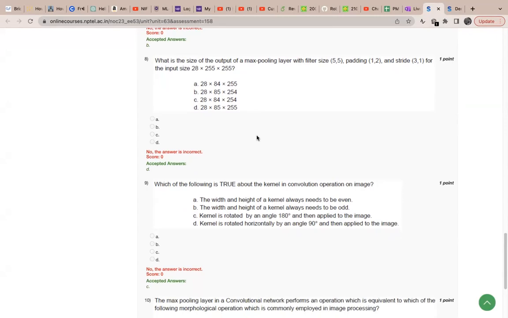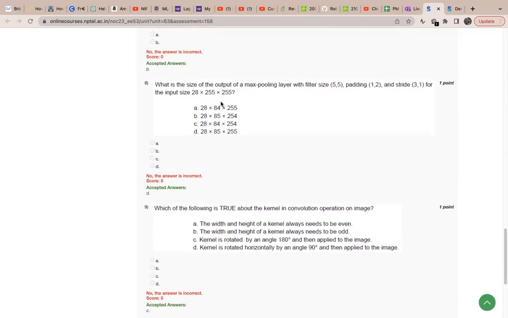So directly, it will be 255 minus 5, 250, plus 2 into 1 padding, so 252, divided by 3. 252 by 3: 3 into 8 is 24, so 84, and plus 1 gives